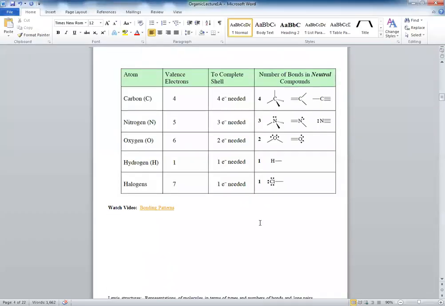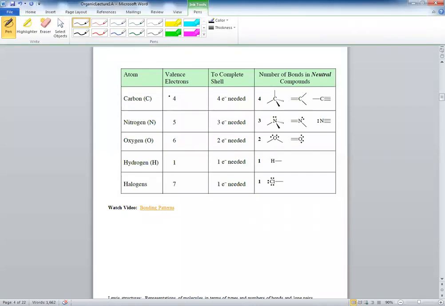Bonding patterns. These patterns are going to help you tremendously when it comes to organic structures. All you have to do in this case is just remember a quick rule that will guide you toward drawing a structure, and it will help you in formal charges and other subsequent topics. So you need to remember that, based on the valence electrons,